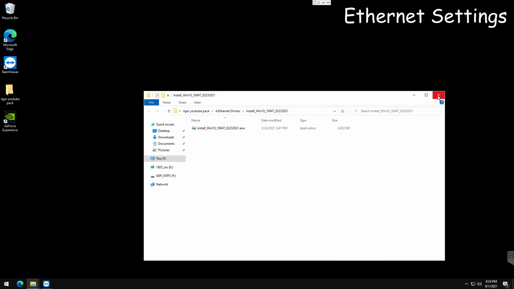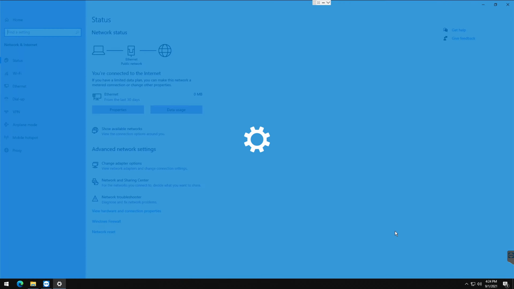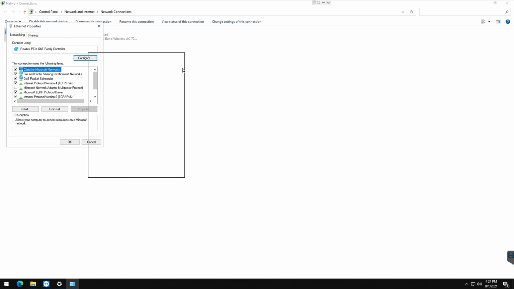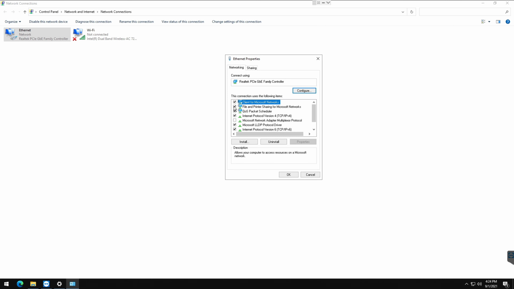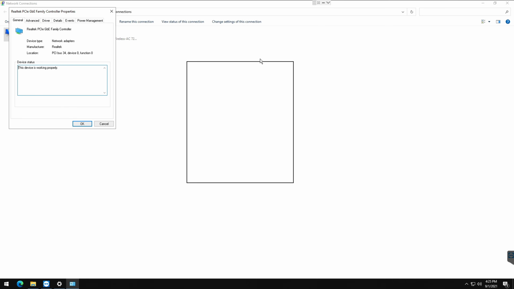Now that we've installed our Ethernet drivers and updated them, we want to right click back down here, go to Open Network and Internet Settings, change adapter options, and we want to right click here, go to Properties, and we're gonna start changing and tweaking some Ethernet settings to get the best ping and network latency possible. You want to uncheck everything that I'm unchecking, and the only thing that should be left back is Internet Protocol version 4. You then want to press OK and head back over to Properties, Configure, and then we should get this advanced